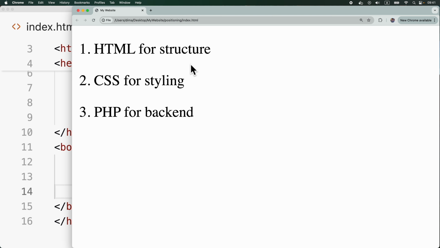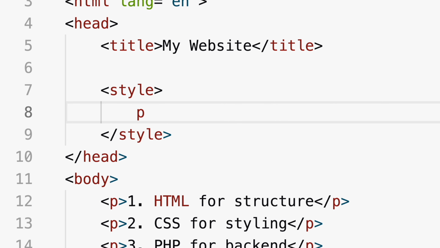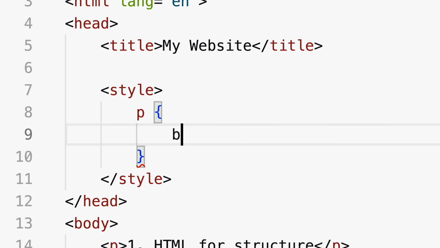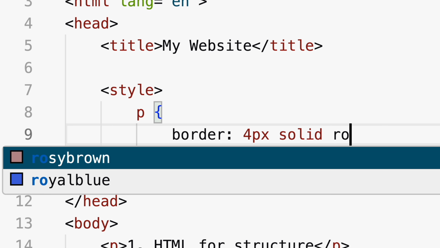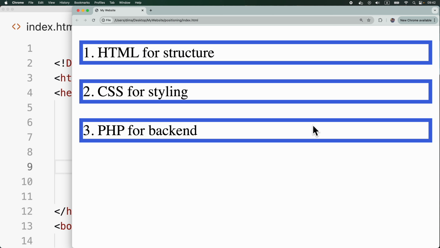That's better. Now I'll style them a little bit. For that, I'll add a CSS rule. I'll use a tag selector to find all the paragraphs. Let's add a solid border, 4 pixels, solid. The color will be royal blue. Okay, now I'd like them to have more space inside, so I'm going to add padding, and also I'll make